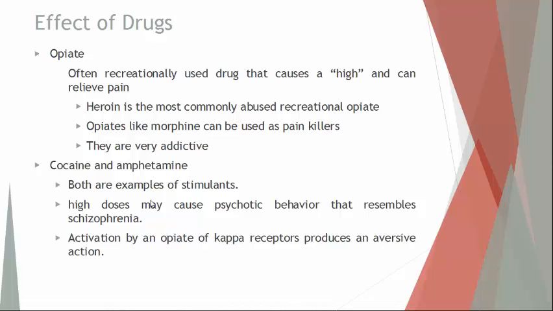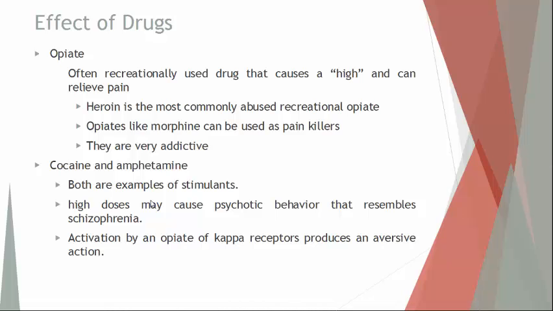Next two classes of drugs we'll talk about, cocaine and amphetamines. These are both examples of stimulants. The opiates are going to be the opposite. Opiates are depressants, calm the heart, they calm everything down. If you ever had a pain reliever, like morphine, like Vicodin, it's a much different feeling than a stimulant would be. A stimulant will cause the heart to race, breathing become faster, blood pressure will increase, pupils will dilate,